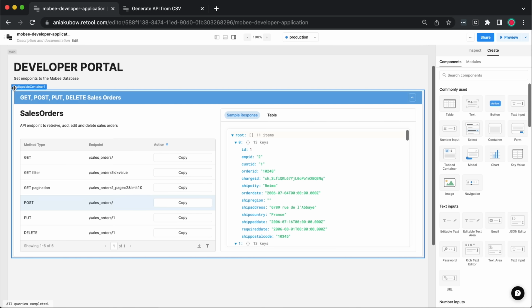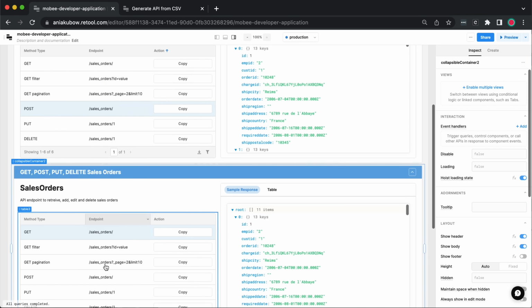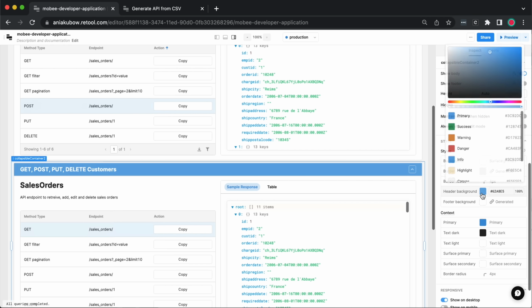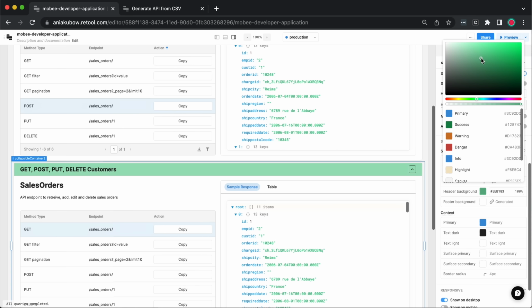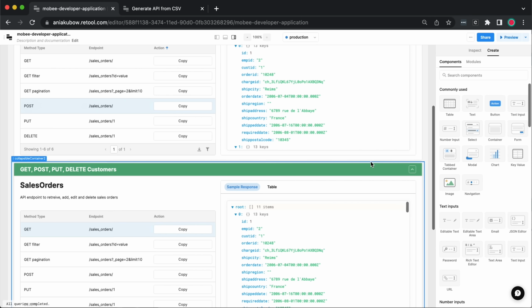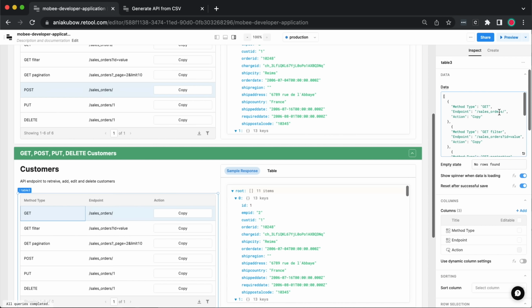We can, of course, do this for all the major endpoints. So we've got the sales orders. Let's go ahead and do customers as well. So I'm just going to copy and paste the entire thing. And then let's change the title of this to customers. Let's also change the color of this. I'm just going to make it a lighter green, just like this color right here that I have pre-picked out. Let's change what it says in here. So this time, let's have it say customers, API endpoint retrieve, add, edit, and delete customers. And then of course, we're going to have to change them all in here to